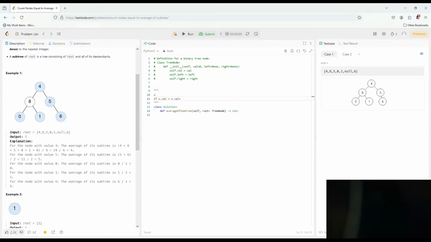Yeah, so we can do DFS and go all the way down until we find a leaf, right? If we find a leaf, so for example,